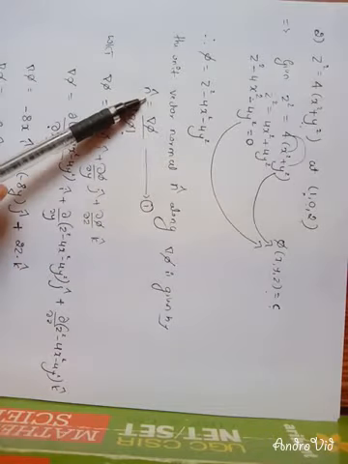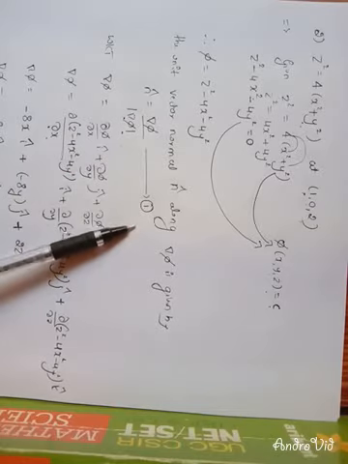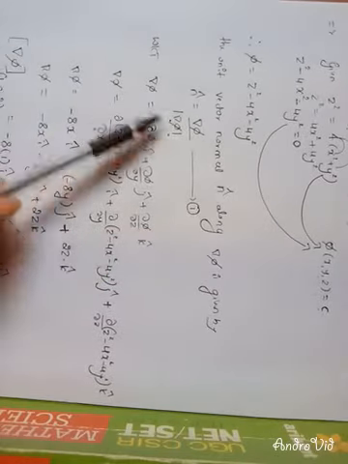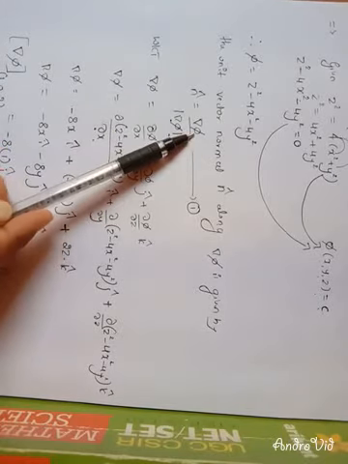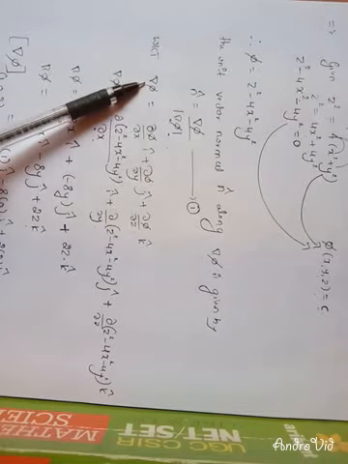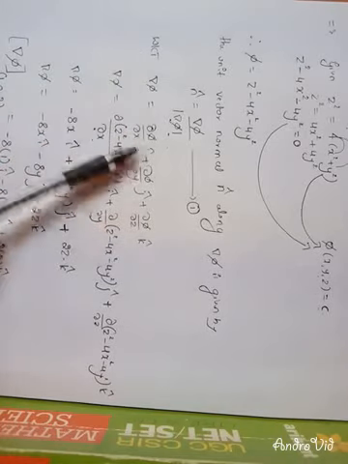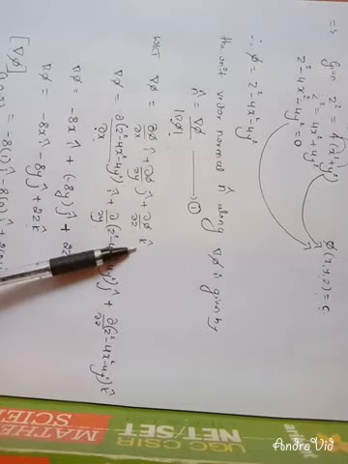So what is the formula? n cap is equal to del phi divided by magnitude of del phi. Consider this as equation 1. For finding the unit vector normal we need the del phi value, but we have only the phi value. Then we have to find del phi. Del phi means the gradient of phi. The formula for that is dou phi by dou x into i plus dou phi by dou y into j plus dou phi by dou z into k.